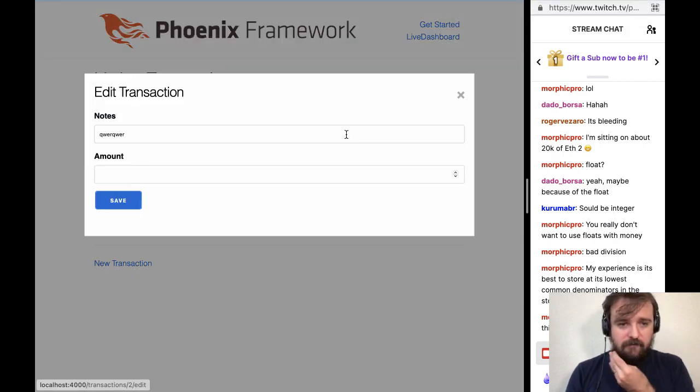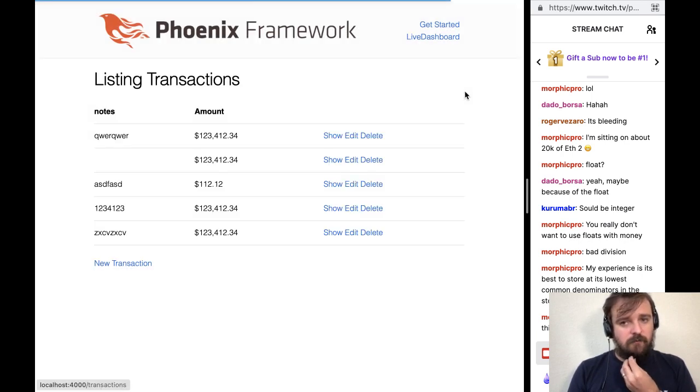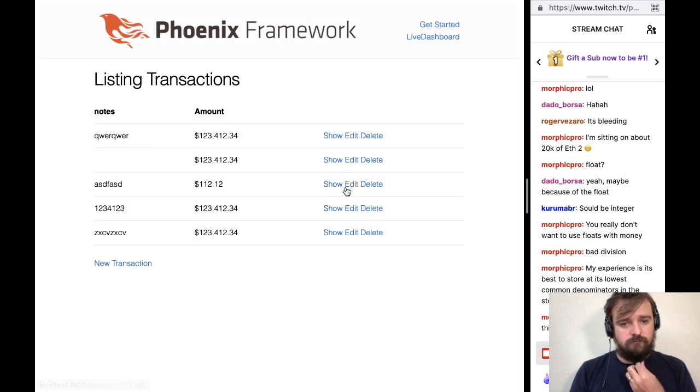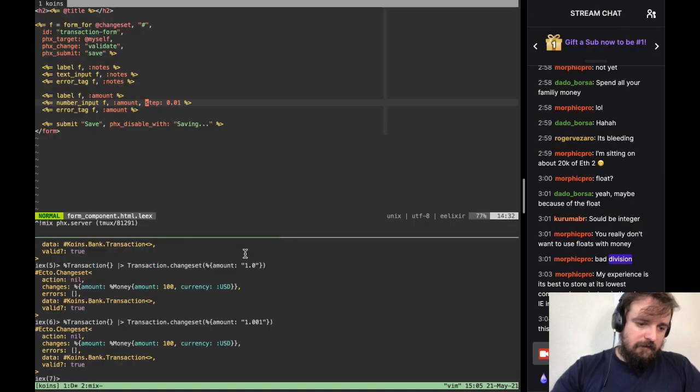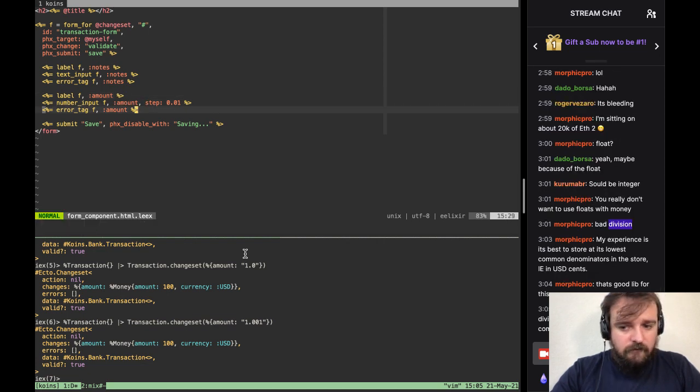I want to edit this, so not loading, but the step is working. Why is it not loading the value? Interesting. Let's debug that. Amount, that's the